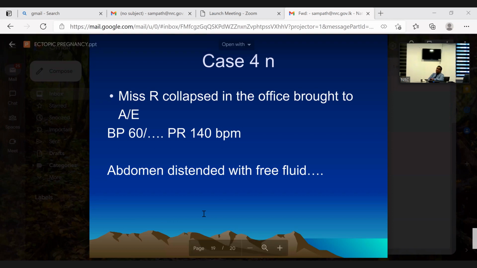And then maybe she needs a transfusion after the surgery. So this is an indication for a mini laparotomy, because it's a rupture with hemoperitoneum, and removal of all the blood in the peritoneal cavity. So I have discussed 4 different scenarios and 4 different ways how we could manage this patient. So I hope you go home and read up about it.